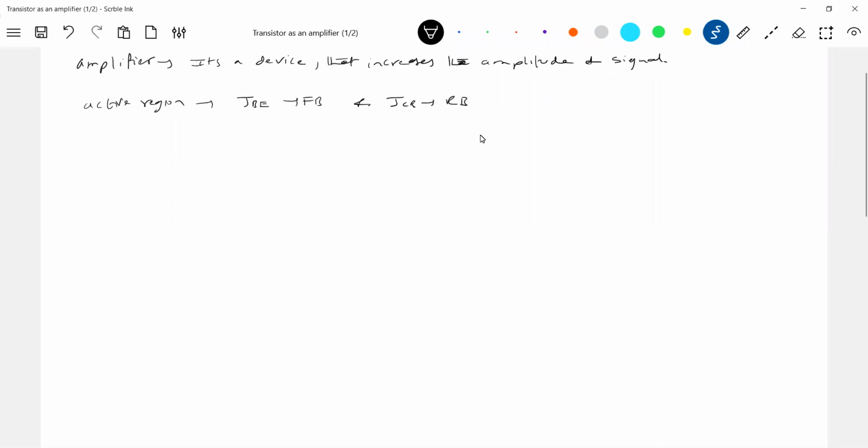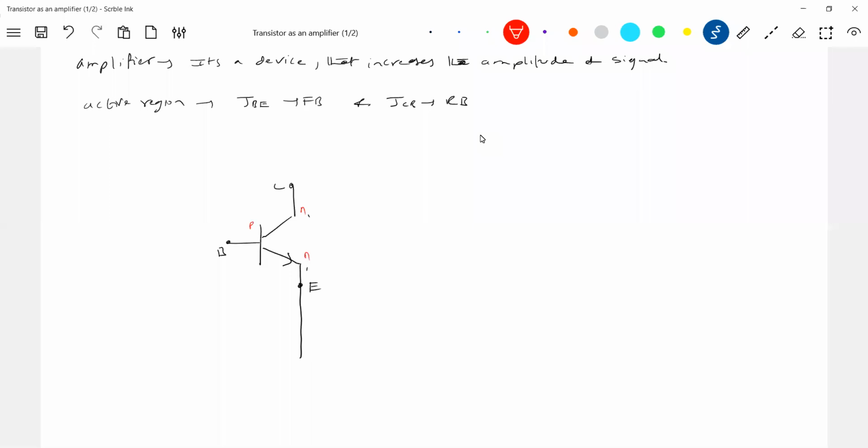So what is the circuit? The circuit goes like this. Again, stick to the same thing we did earlier, the characteristics, the same thing. Common emitter amplifier is what our syllabus has. So there's the emitter, there's a base, and there's a collector. Now, what is the type of transistor I picked up? PNP, or NPN, sorry. NPN transistor.